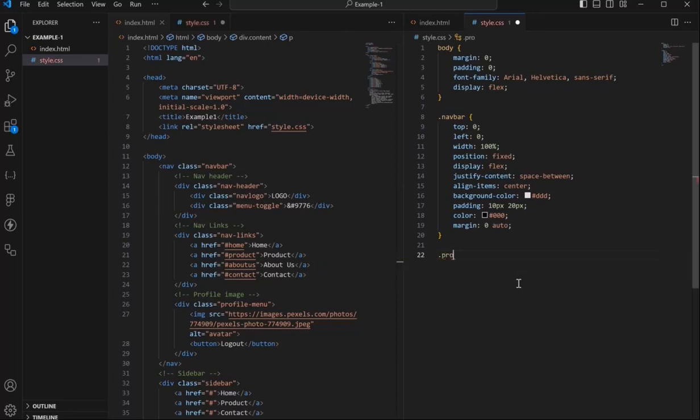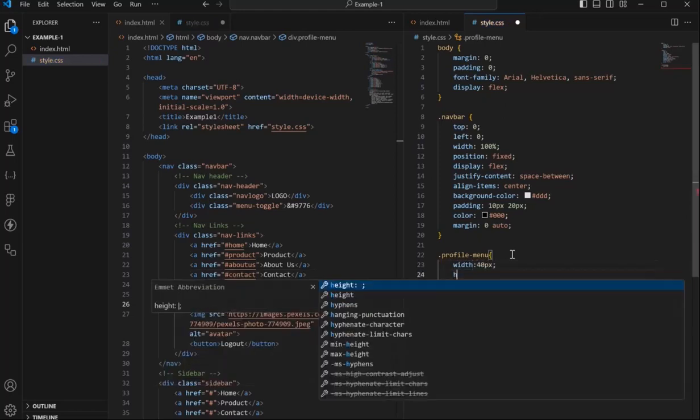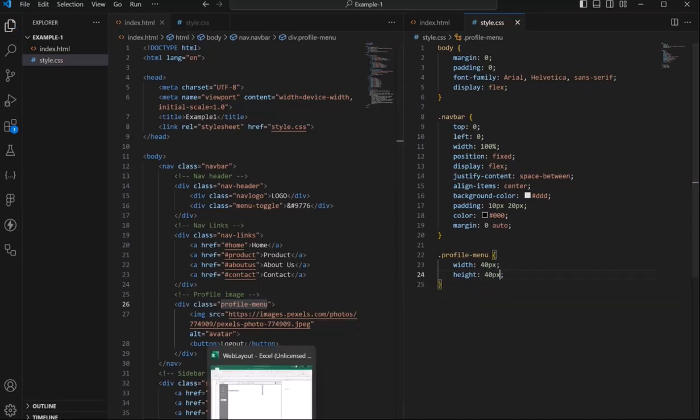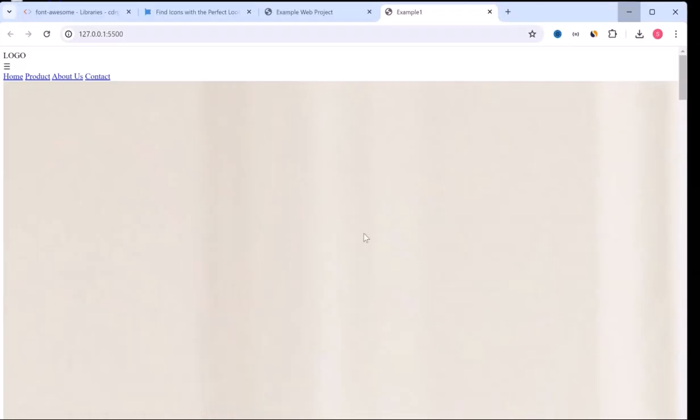Before I go and style other things, let's size the image. So the class of the image is profile menu. So this is the class that we have for the image. Let's give it a specific width and height. So I want to give a width of 40 pixels and also a height of 40 pixels so that we can see the other elements clearly. So let's save this, and if we go back here,